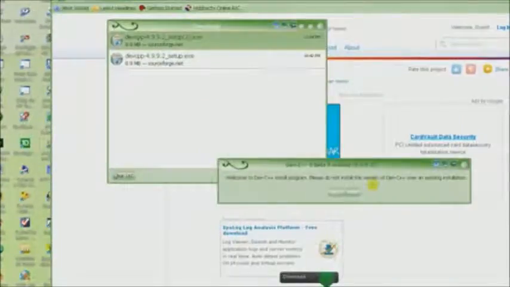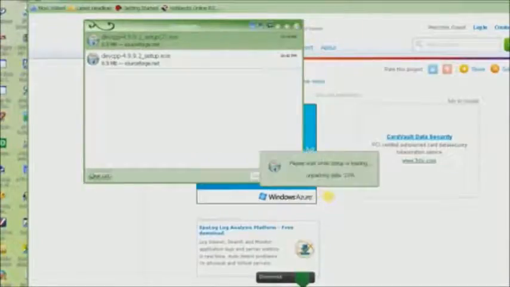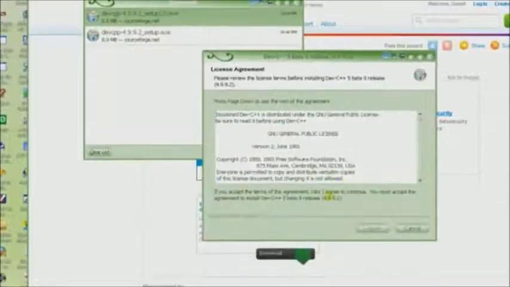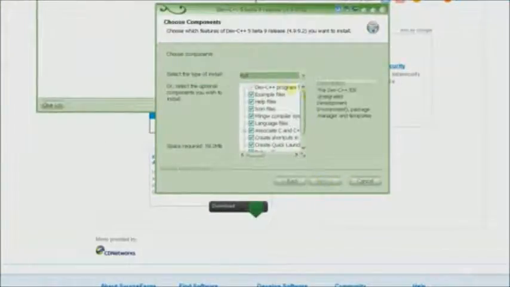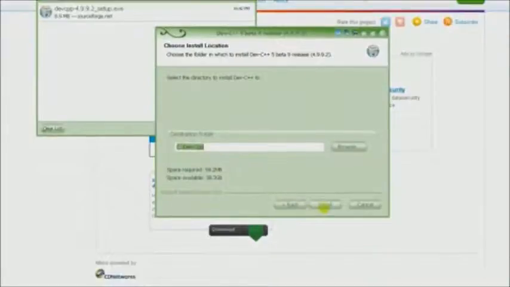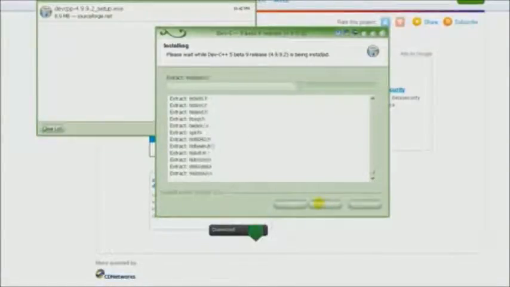You say run, and it basically says to make sure you don't have any other version installed, and then choose the language, which is English, and click on I agree, and pretty much install everything that it's trying to install. And then it's showing this directory where it's going to be installing this compiler and IDE. Just click on install, and leave it at the default directory. It will finish installing,